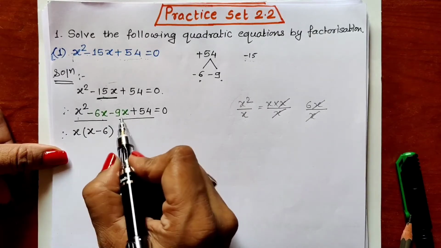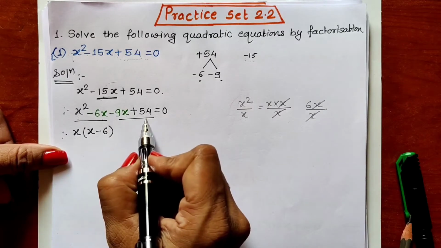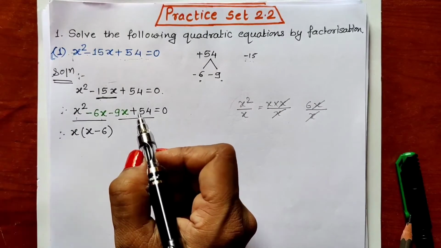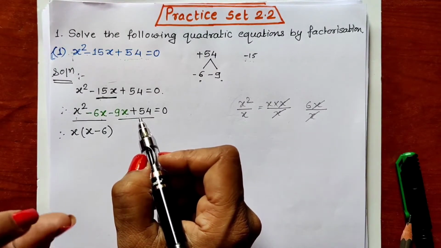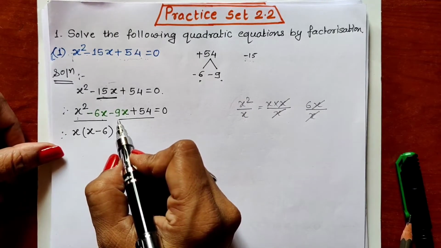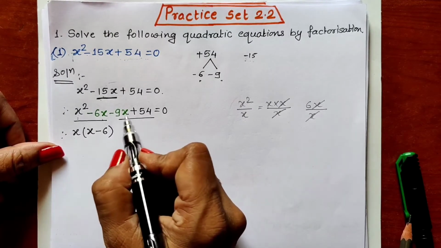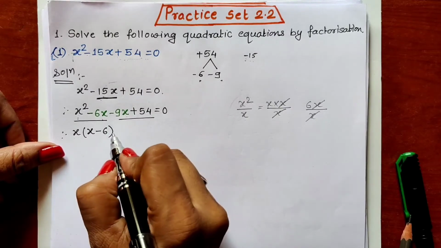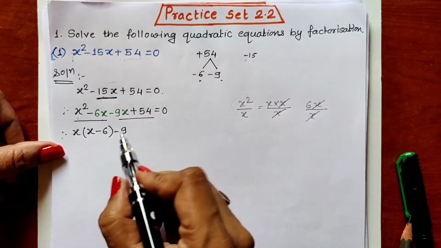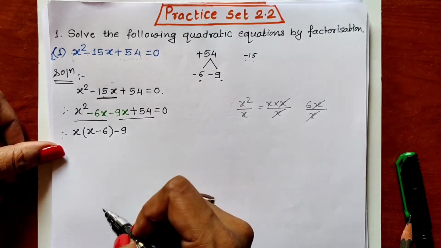As the variable is there only in the third term, and the fourth term is a constant term with no variable, we cannot take out a variable common. We will have to check whether any one of the numbers can be taken out common. As we can see, 9 is the smaller number and 54 is divisible by 9. So 9 we can take out common. Minus sign is there, so take out minus 9.